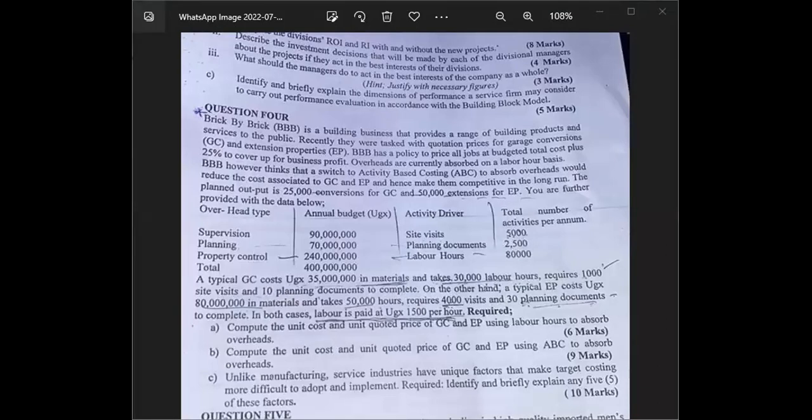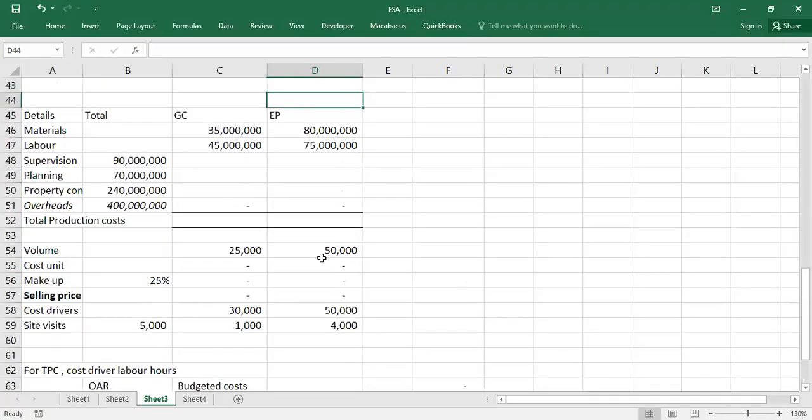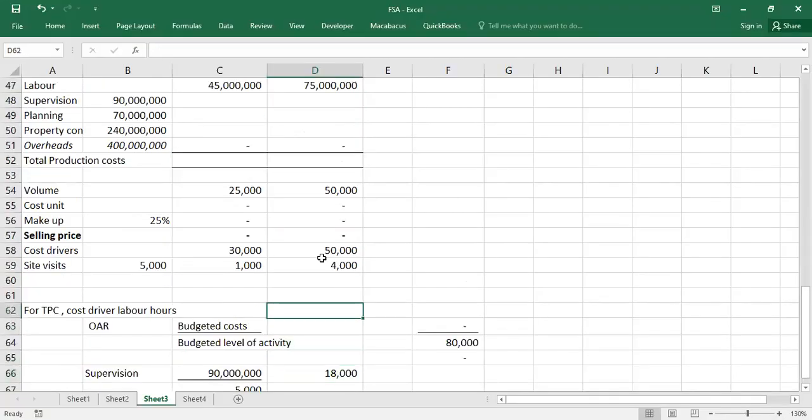Then for EP, you will make 4,000. Oh, link is going to close again. So this is the information I have, that for GC you have 1,000, for EP you have 4,000, and the total is 5,000. So for me to get my